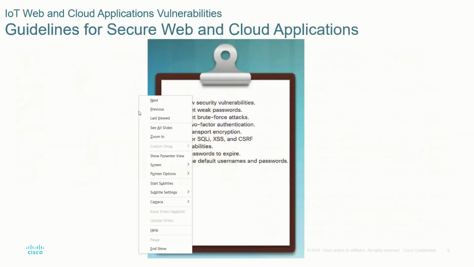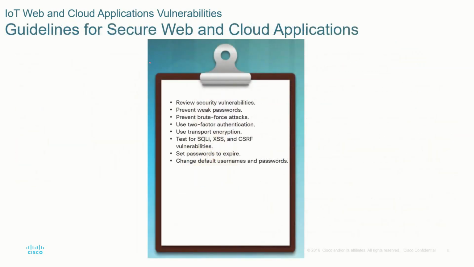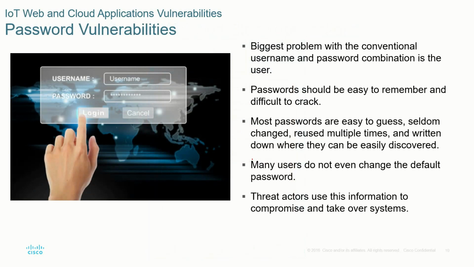So these are some of the common web application security vulnerabilities: weak password, brute force, two-factor authentication. This is the way to help, and then do encryption, test for all the vulnerabilities, set passwords to expire, and change the default username and password. So password is one of the biggest problems